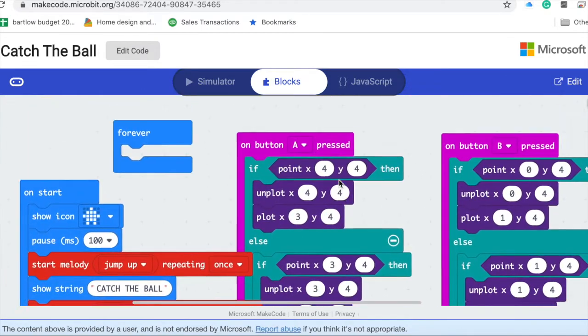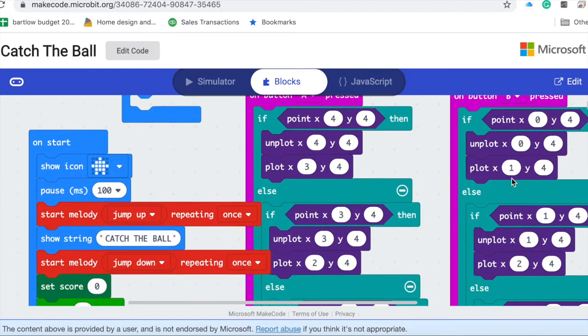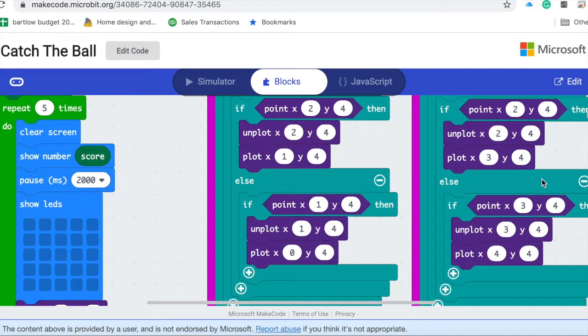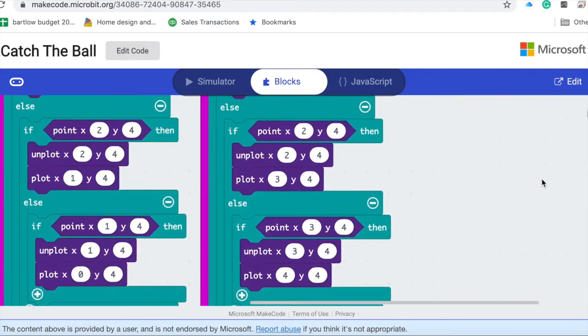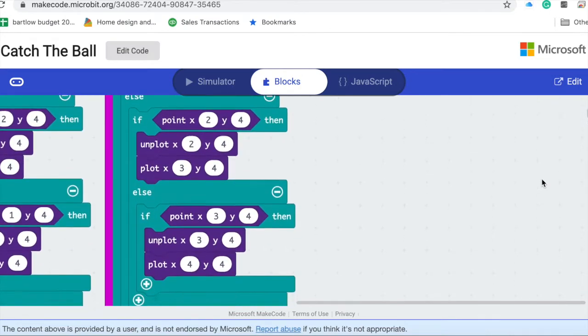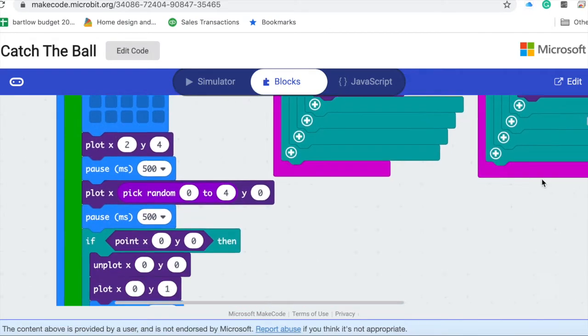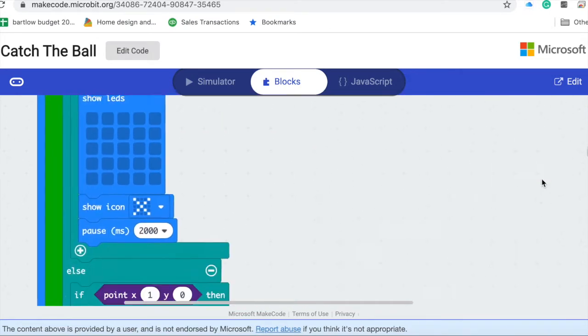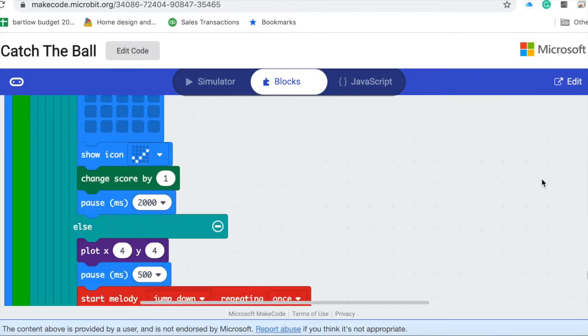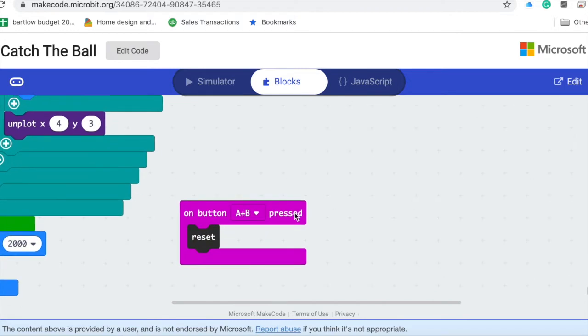And then for B, when you hit B, it moves to the right. So that's how I'm doing this, to move the light to the right, so you can move it around. And it's based on that. I'm sure there's a more elegant way, but this is the most basic way. And then I did have an A-B. If A and B was hit, then that resets the game. But I'm not sure if it's on this version or if I put it somewhere else. There it is. Okay, so if you hit A and B at the same time, it's going to reset the